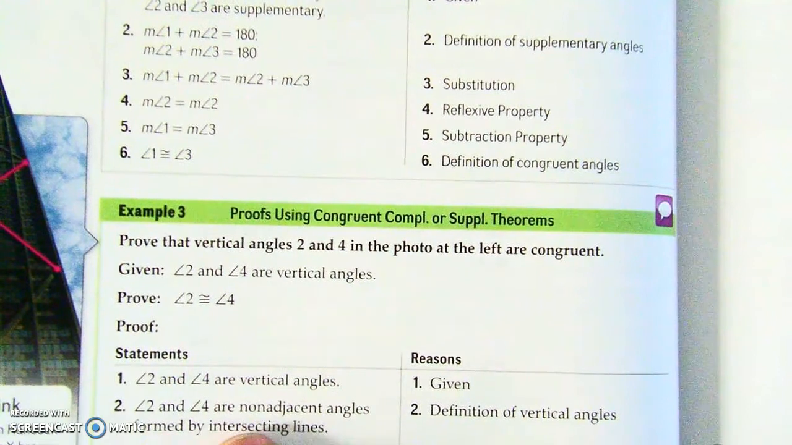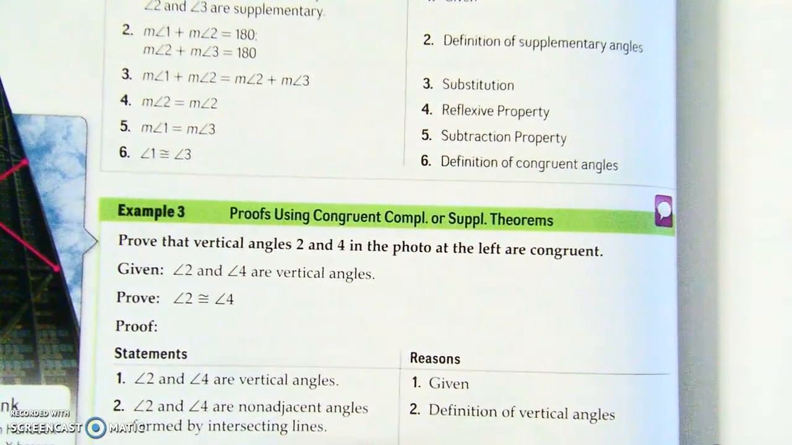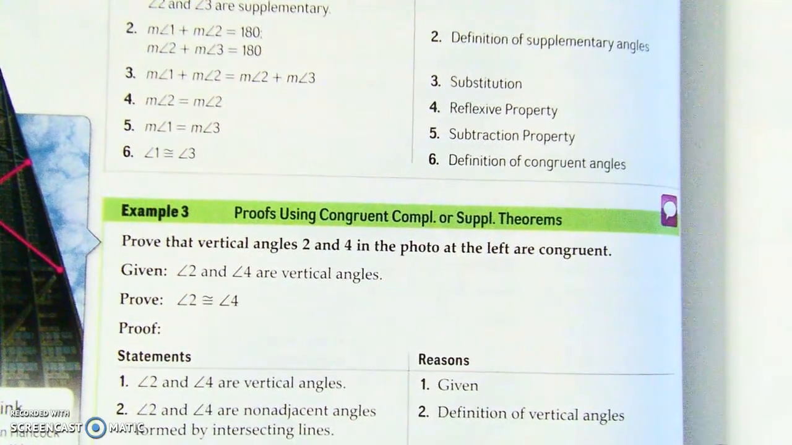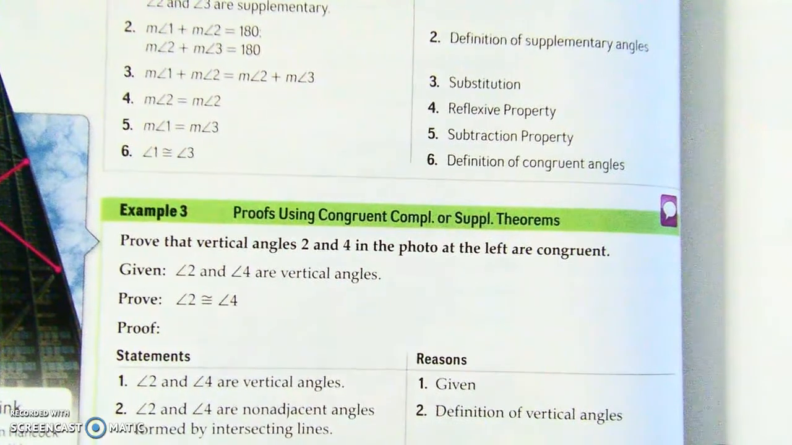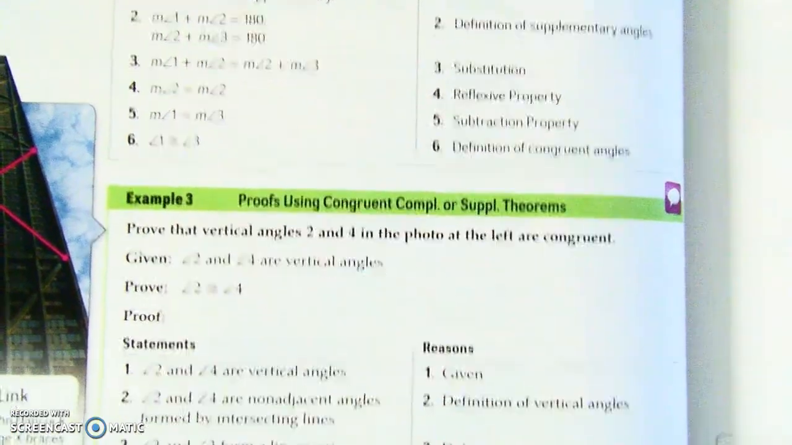We know that angle 2 and angle 4 are non-adjacent angles formed by intersecting lines. We can say, by definition of vertical angles, because that was what we said down here. Okay. Then we have a linear pair. Remember what a linear pair is. A linear pair,